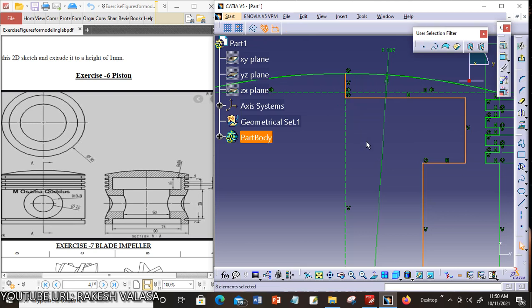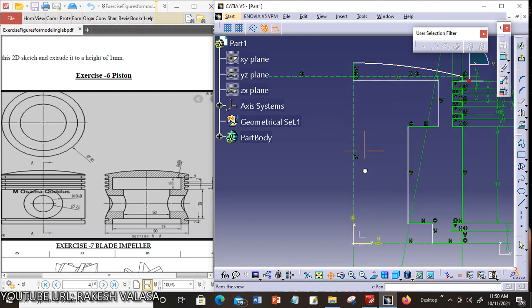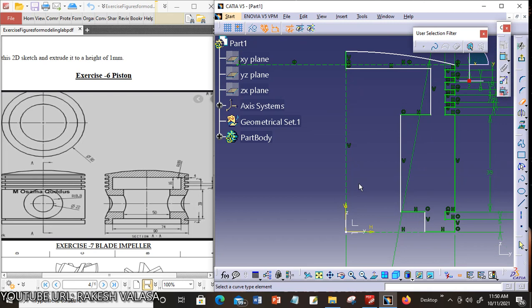Now remove the unwanted lines by using quick trim. This left side arc. Next, apply the constraints.